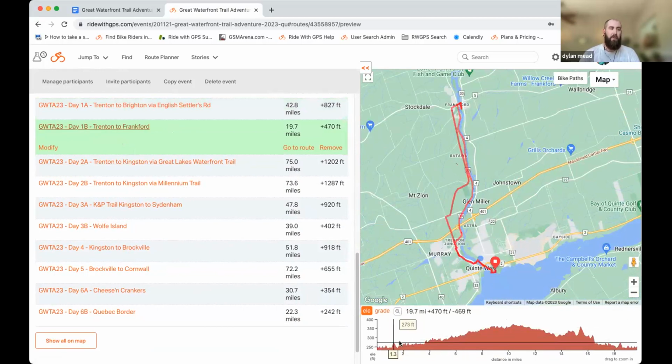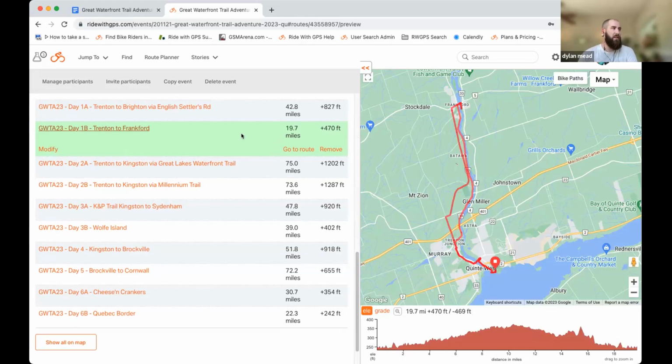It gives you a little preview of the elevation profile. It also gives you a little bit of data in terms of how long it's going to be, how many feet of elevation gain and elevation loss there will be. From here, if you want to learn more about one of these specific routes, you can see now that this route is highlighted in green. If I click go to route,